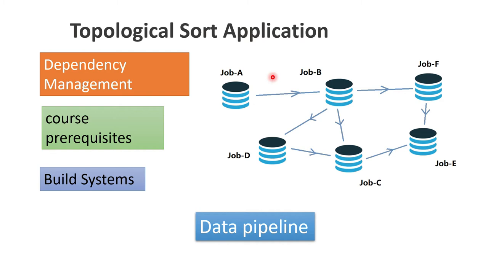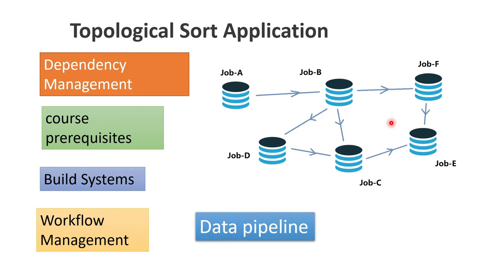Data pipeline. Suppose some data is published by this job which will be used by this job, then it will transform it to something which will be then consumed by jobs D, C and F. Then they will do some transformation, then job C will consume the data from job D along with something from B. Then together it will do something which will be consumed by job E. Then how to run these jobs, because these jobs will produce some data, so how to maintain that? Topological sort will also be used for that.